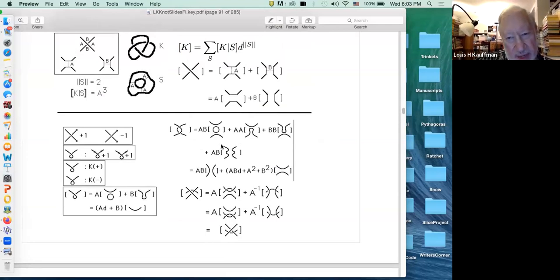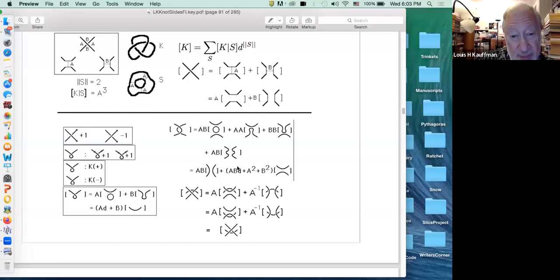where we said, well, look, if you have this expansion, and then you look at it under the 2 move, you see that you get a coefficient times what you want, and another coefficient times what you don't want. And so the elementary algebra tells you that you ought to set this equal to 0. And then that means that B should be A inverse. And the D, the value of the loop, should be minus A squared minus A to the minus 2. And then mirabile dictu, it works for the 3rd move, and we can normalize for the 1st move, and so we get an invariant,